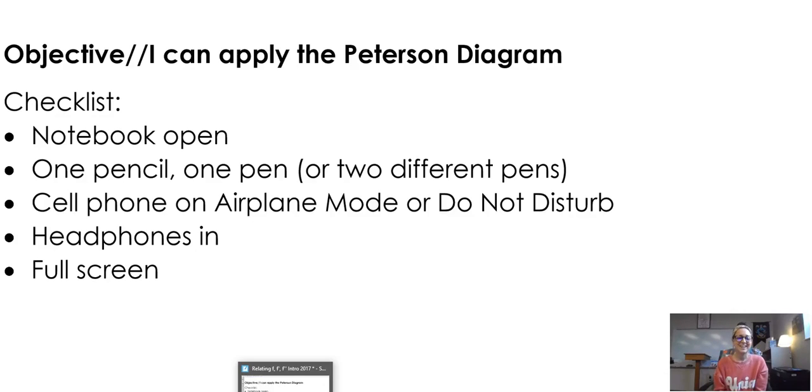Hi, Calculus. So today we are going to learn how to apply the Peterson diagram. Yes, I made it up myself. And of course I'm egocentric, so I named it after myself as well. Anyways, this is really going to help us learn how to answer FRQs that pop up on the AP exam quite a bit. So go ahead and get your checklist ready, and we will do a little warm-up here to